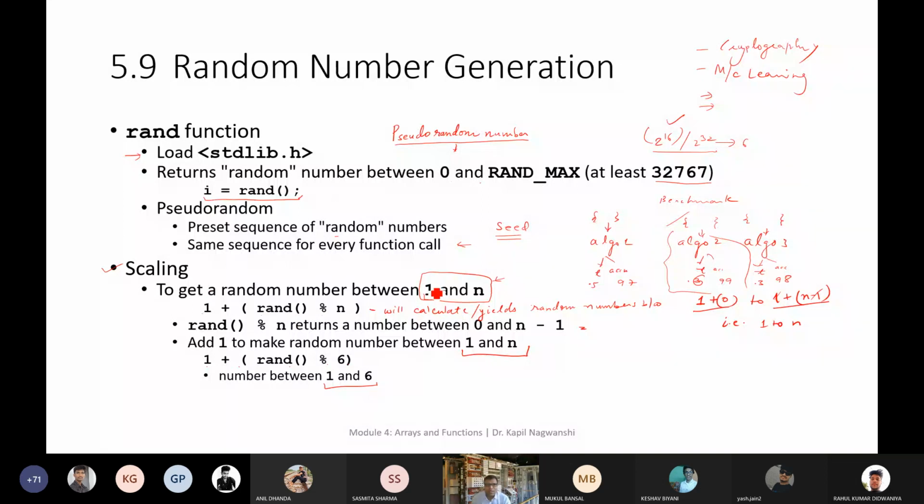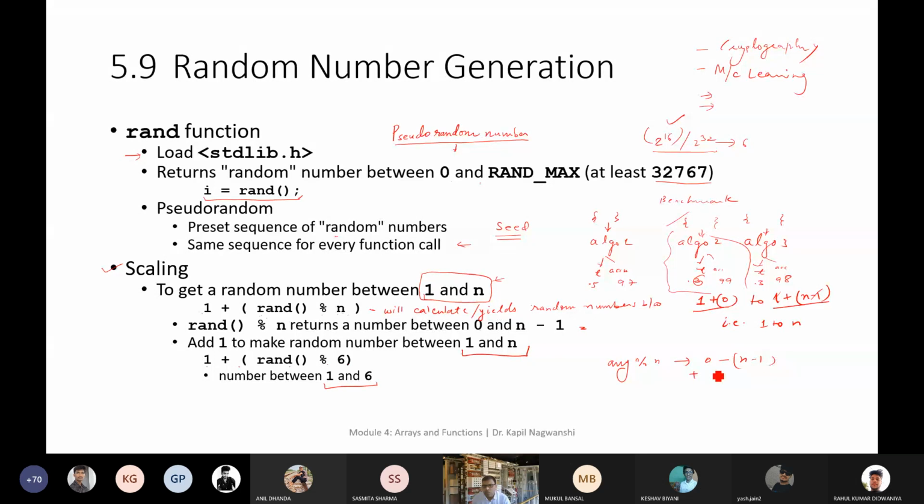So to get a random number between 1 and n, what will be the style? You can simply calculate random mod n. Random will generate a certain random number, and mod n will always produce a number from 0 to n minus 1.